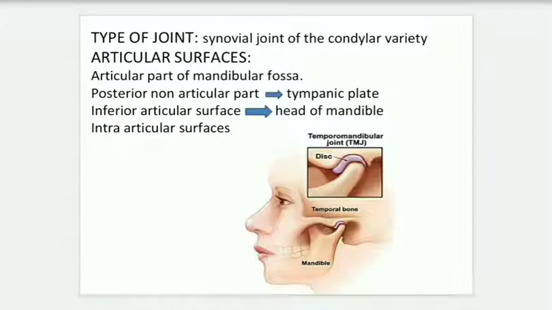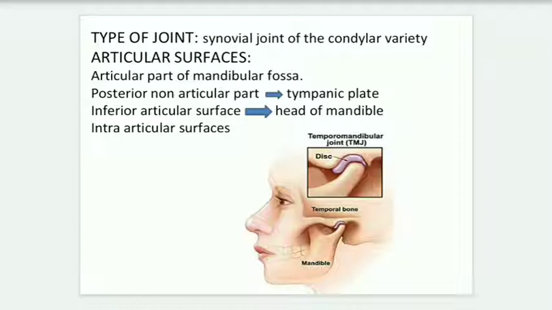It means as there are two bones, it is a synovial joint, and the articular surfaces. What are the articulating surfaces between the two bones? We can see here the articular tubercle, and at the anterior part we can see the mandibular fossa. Posteriorly, which is non-articular, it is formed by the tympanic plate. The inferior articular surface is formed by the head of the mandible, and the articular surfaces are covered by fibrocartilage,